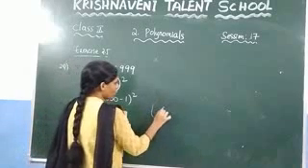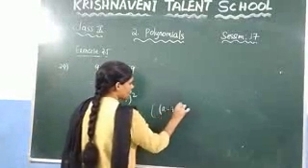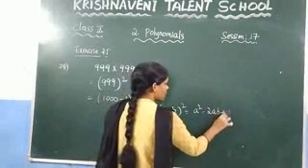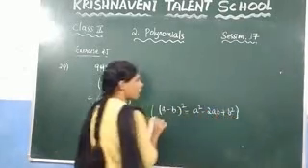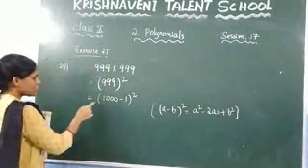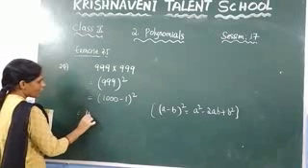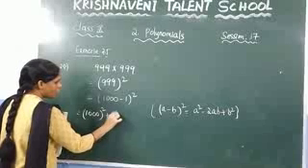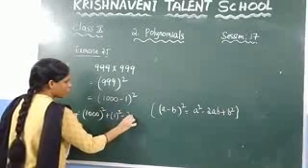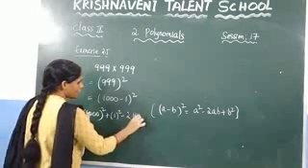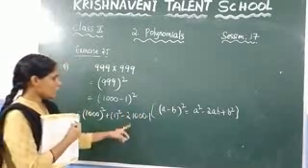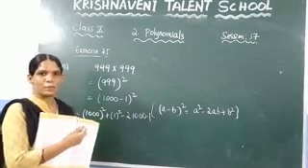Now you know a minus b whole square is nothing but a square minus 2ab plus b square. So just apply that. So you can write this as 1000 square plus 1 square minus 2 into a into b. A is 1000 and b is here 1. I am keeping a dot here. Dot is nothing but multiplication.